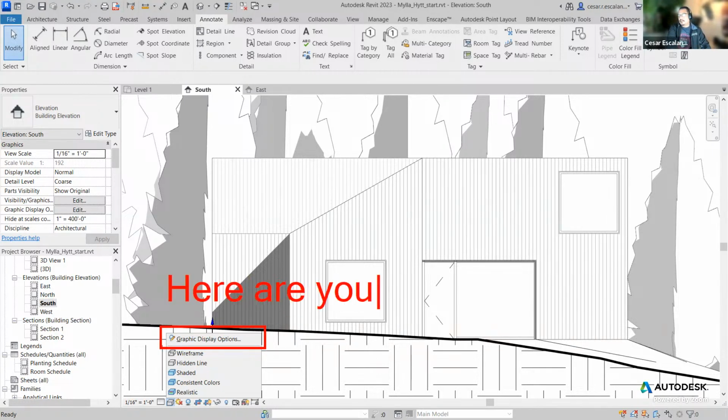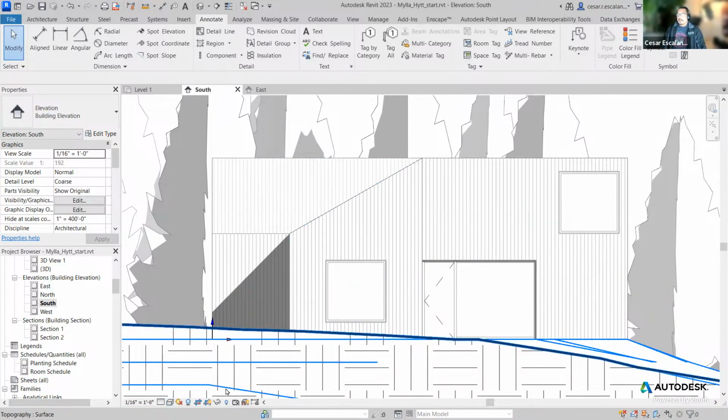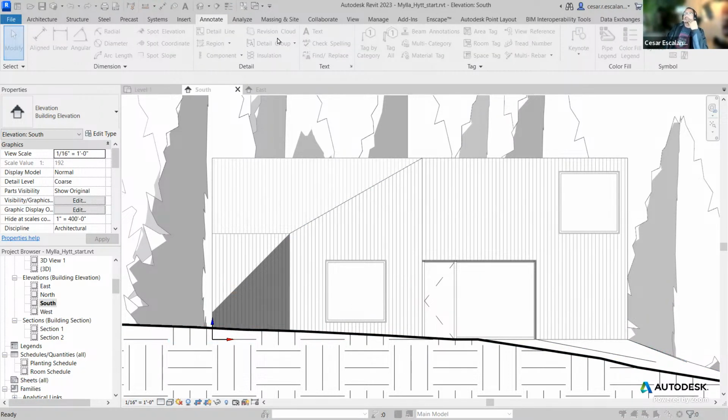Here are your power line weights. If you learn how to use the graphic display options, you can really have better control of how your graphics look. And you don't have these bland, single line weight, boring plans. Okay, so let's access the graphic display options. This is a